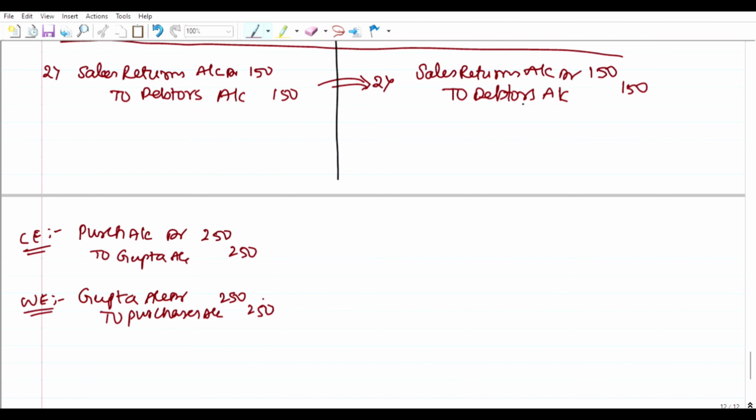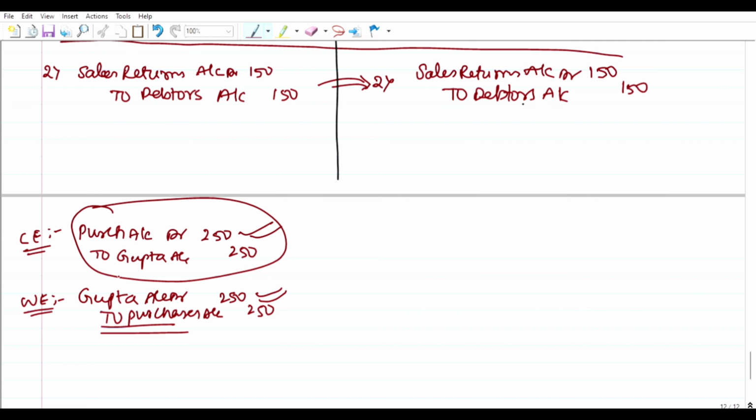By rupees 250. That means if we have to rectify this entry, we have to cancel it. So if we reverse the second entry, then the entry will be rectified, right? I am repeating, this is the wrong entry we have recorded in the books of accounts. If we want to remove this one, if we reverse the entry, then